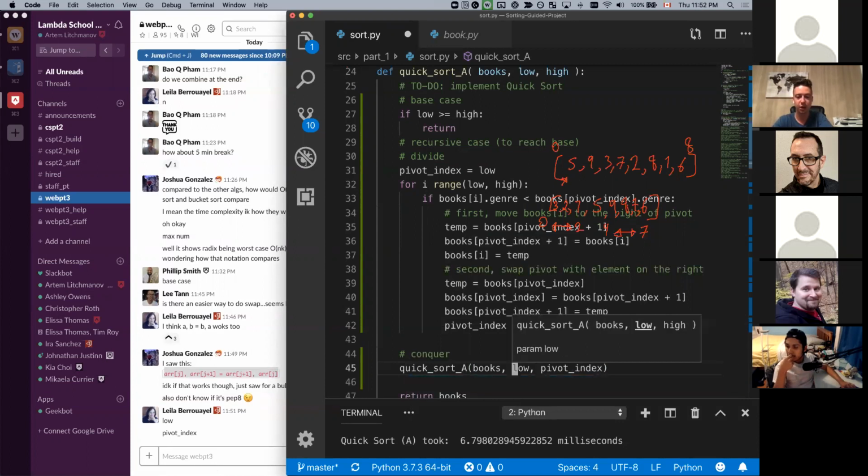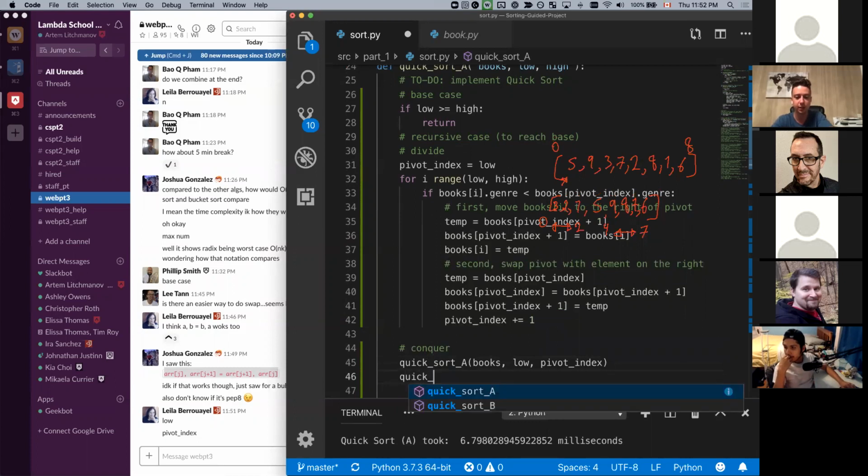Right. So we're now going to be doing quicksort once again, but we're only going to start at low, and we're only going to go up to pivot index instead. So the high value in the second call is not going to be 8 anymore. It's just going to be 2. And so we're only going to analyze the numbers 3, 2, 1 and do this whole reshuffling one more time. And then for the right-hand side,